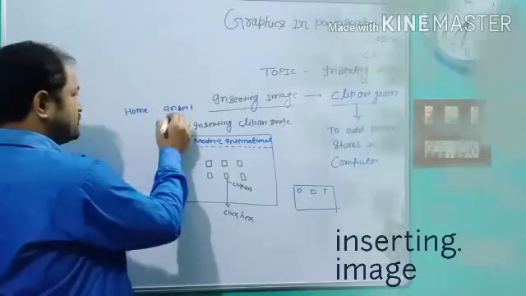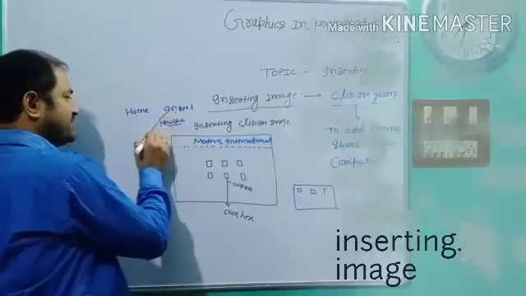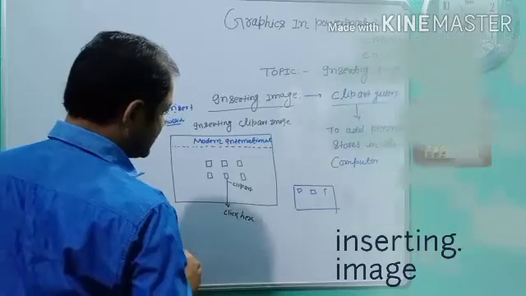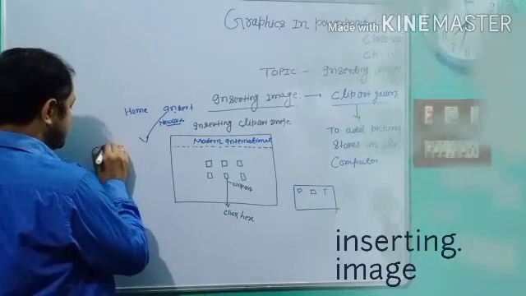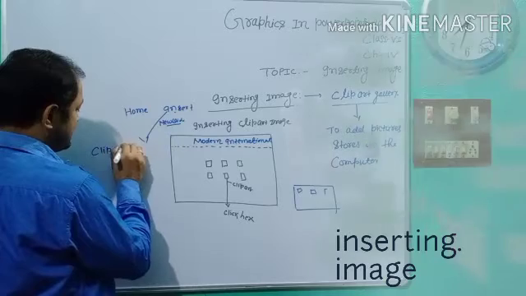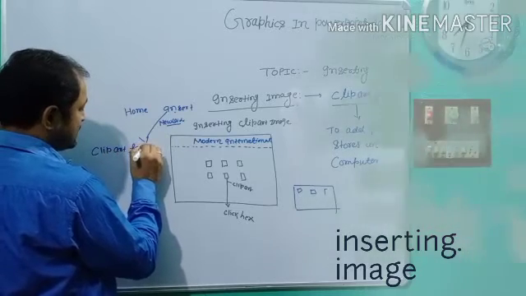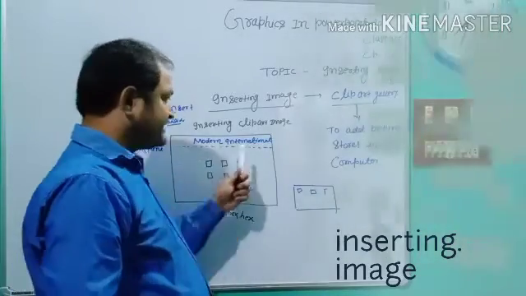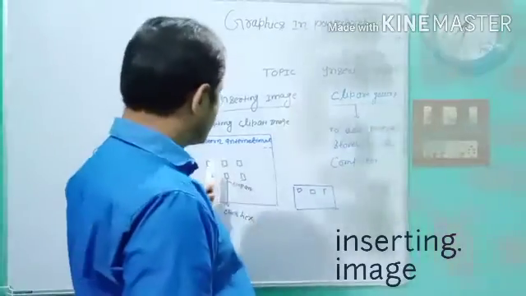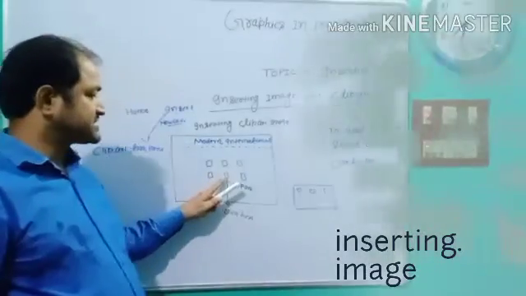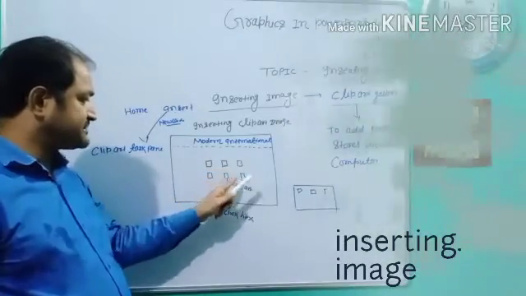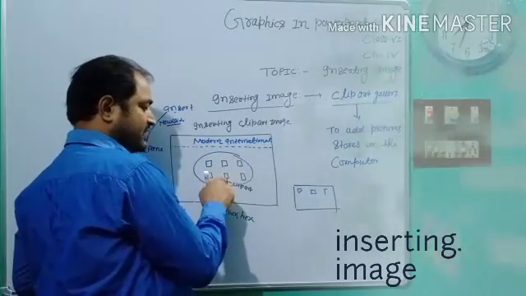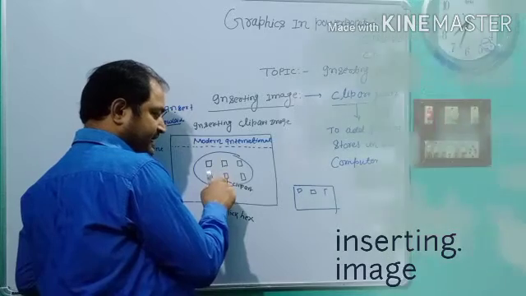You go to the insert tab and open the clip art task pane. There are so many options in the insert menu, but you click clip art task pane. I again repeat. To draw any picture in this particular slide, you see the 1, 2, 3, 4, 5, 6 areas in front of you, but you click the middle part, below the middle area. This is the clip art.